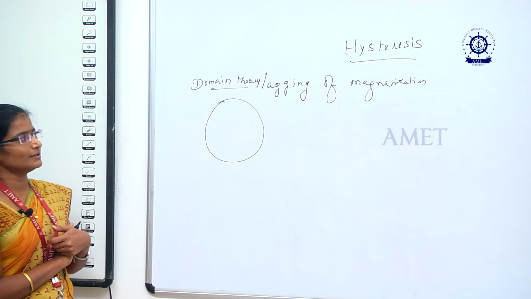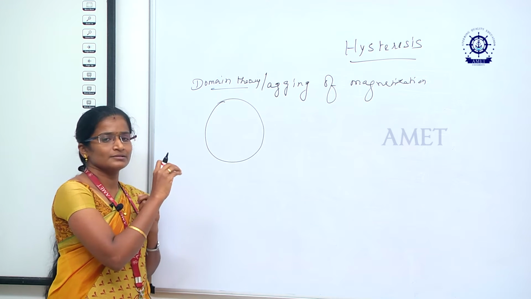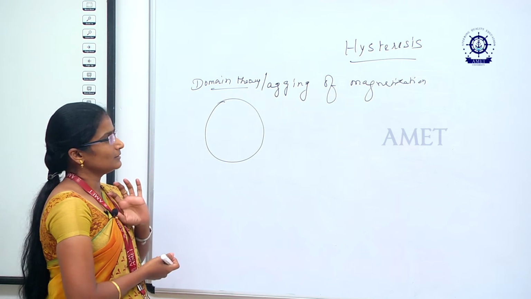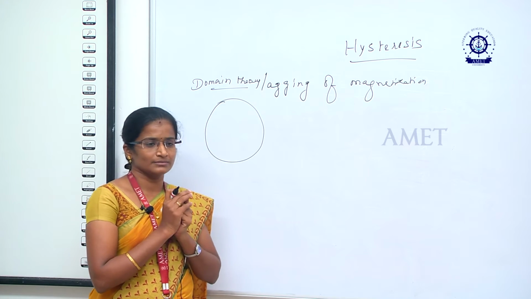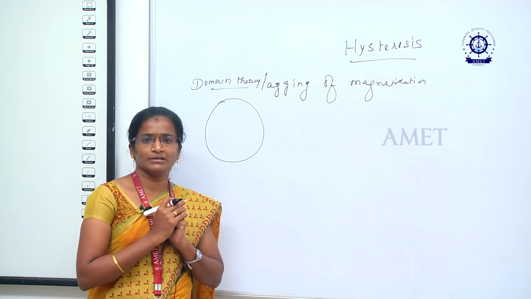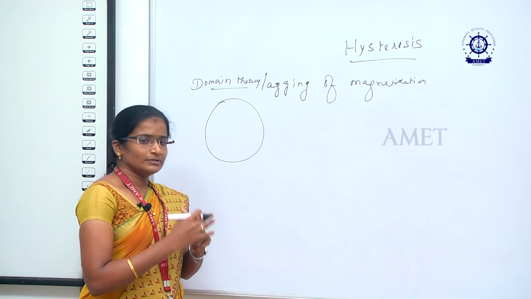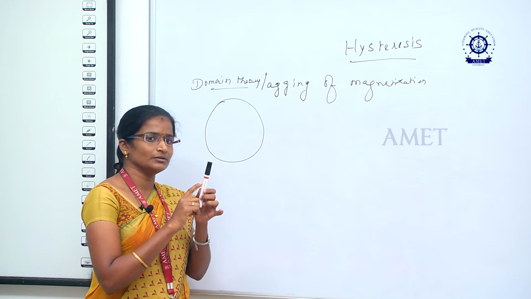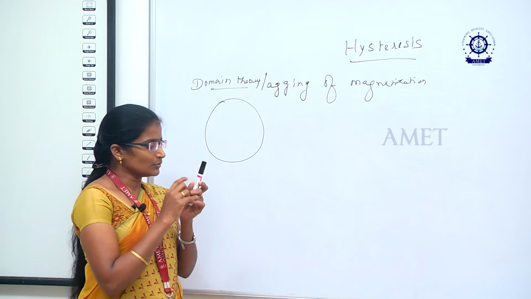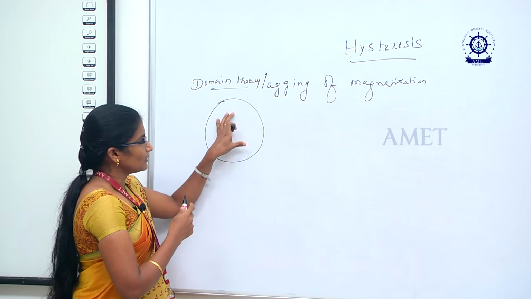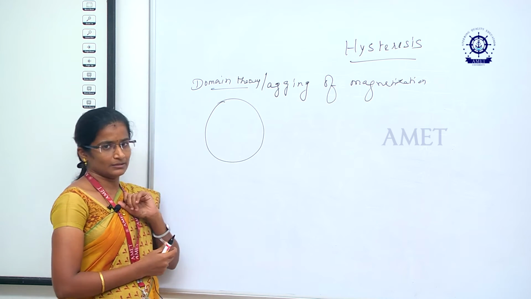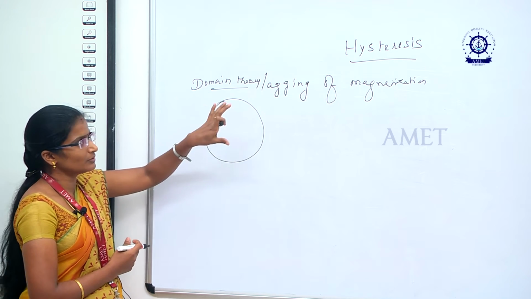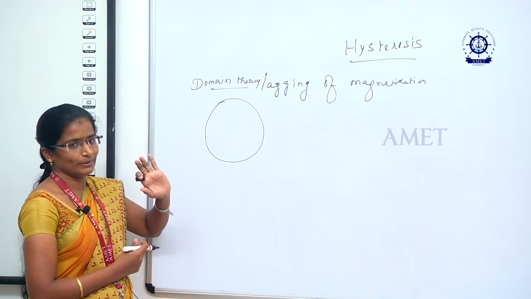What is meant by the domain theory? I already told you the hysteresis process is mainly related to ferromagnetic material. So this domain theory is, suppose we have some bulk material, suppose a room-like material, and we want to convert this material into a magnet, or suppose we have a pen like this and we want to convert this pen into a magnet. Okay, so what will we do? Initially you have some ball-like bulk material. So this is related to domain theory. So before starting this hysteresis process, you should know what domain theory is.